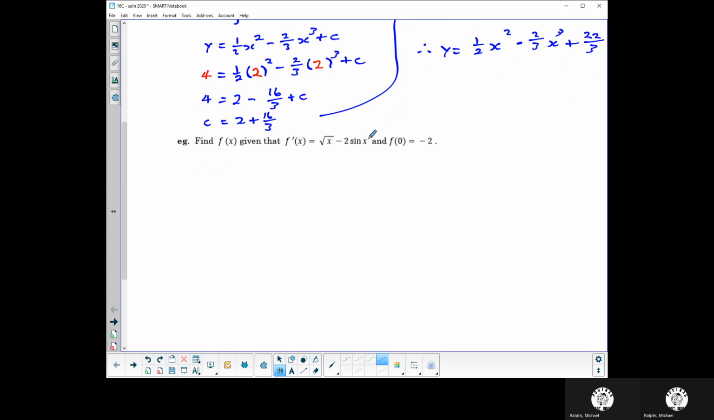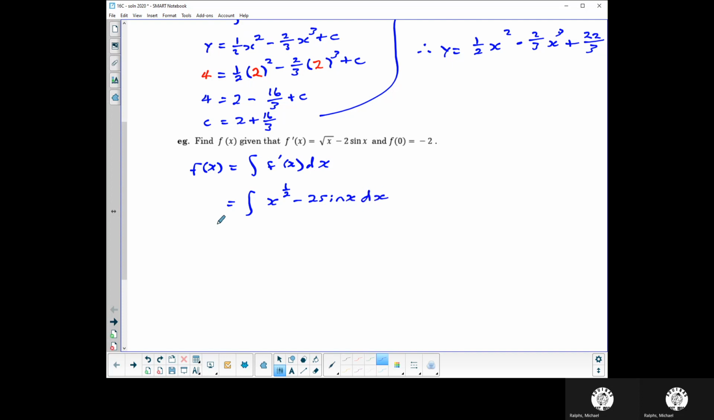Again, we're given the derivative function, root x minus 2 sine x. So the function that we're looking for is the integral of the derivative function. Now, you don't have to write this all the time. I'm just showing this as a first step to get you familiar with this format. And so it's the integral of, and then that root x I'm going to write as x to the power 1/2, minus 2 sine x